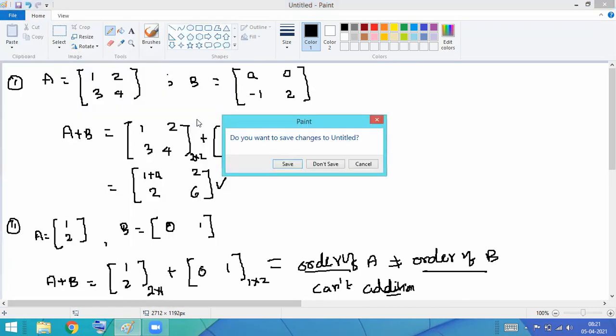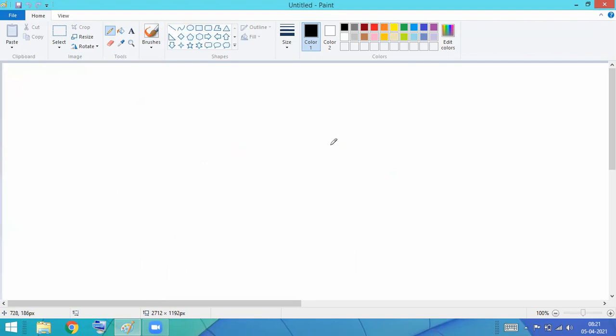Now, the addition of the matrices is very simple. The important one is the multiplication. If you got the multiplication concept, it means you are finished with 60% of the matrices part. The important one is the multiplication, very very important. Everyone who has done multiplication of the matrices, no issue. But those who have not done multiplication of matrices, please concentrate here because this is the concept where you have to give 100% attention. And where you people will make mistakes, that will be the multiplication of the matrices, not addition or subtraction.